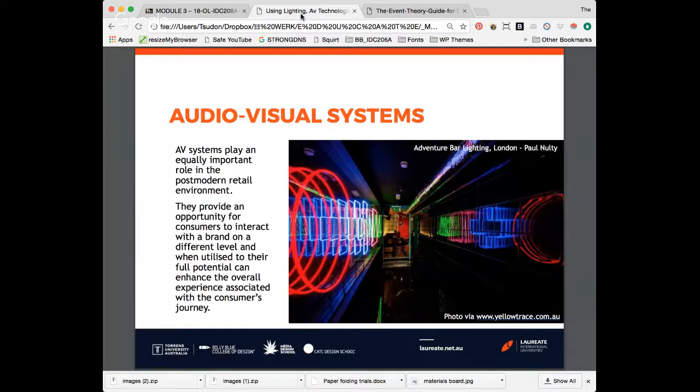We can then further accentuate that experience using audiovisual systems, and certainly as technology is improving and we're progressing more and more towards highly technically engaging environments, AV systems are starting to play a really important role in this kind of postmodern consumer retail market. What they do is really provide an opportunity for a consumer to interact with the brand on a whole different